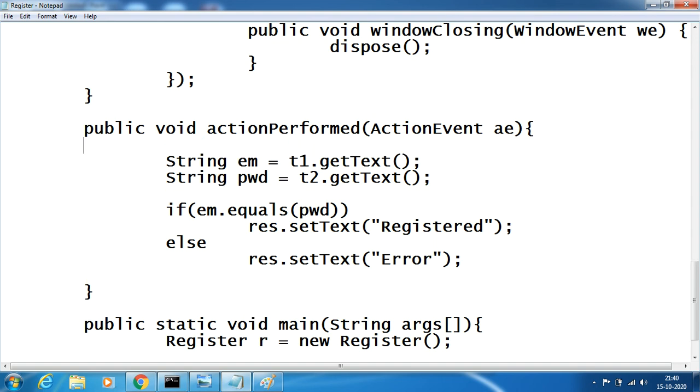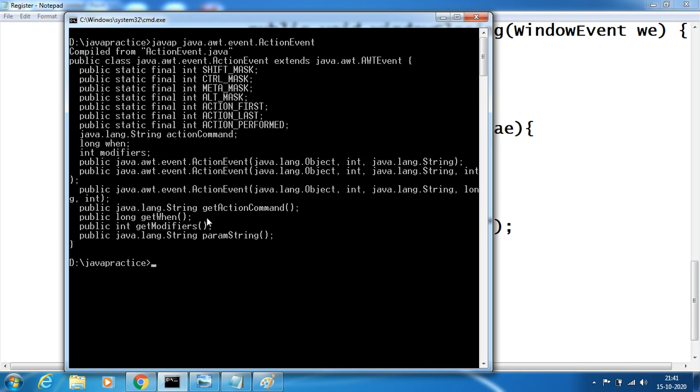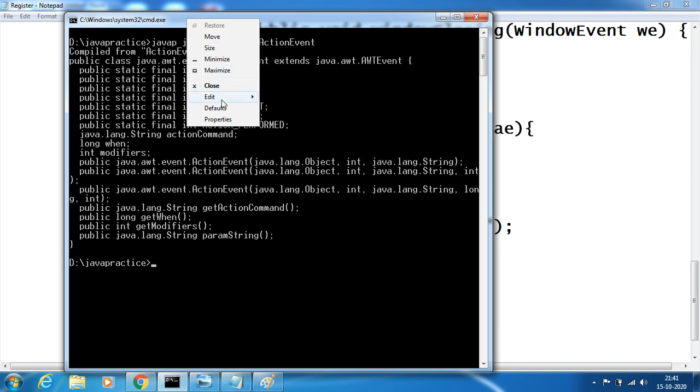The logic is that I keep a condition, if AE dot which button. So to check that, what is the method I have to use? Import java dot awt dot event dot action event. In action event, you can see a method called get action command.